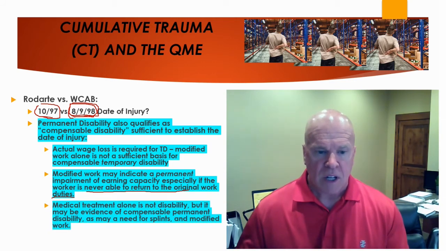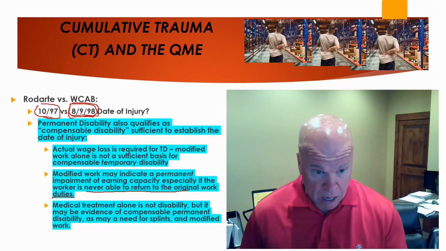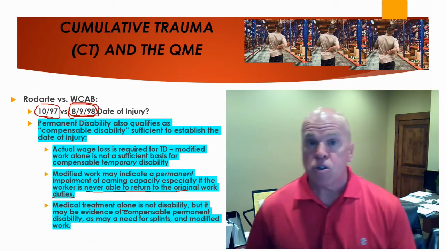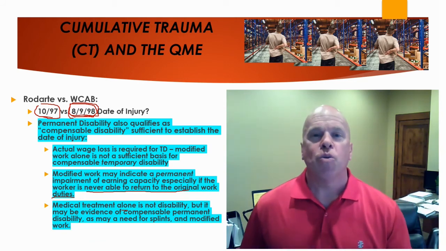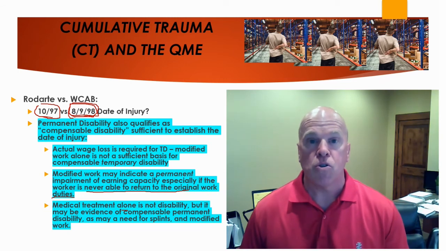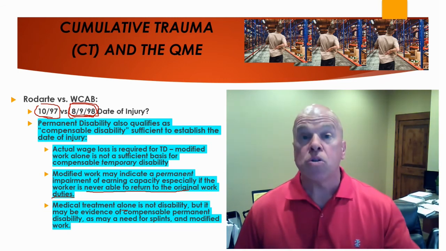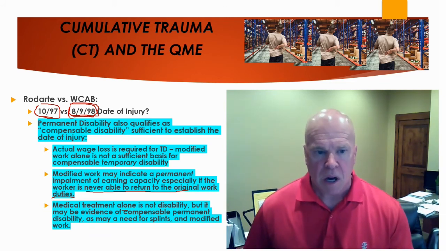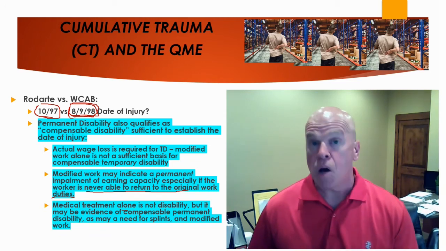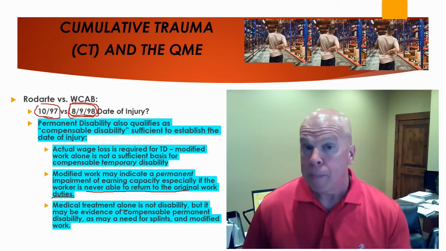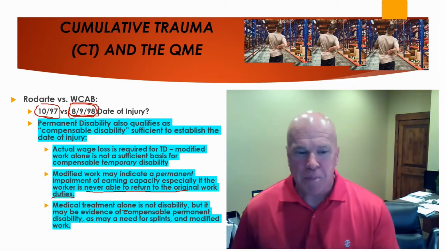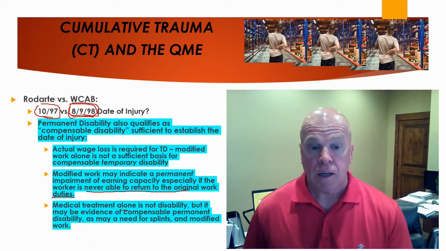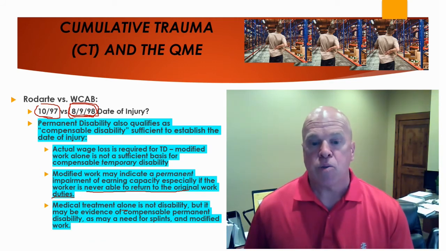5412. They further went on to say that medical treatment, like modified work, medical treatment alone is not disability. And this is in contradiction to what we found with Wagner and the Wright cases, where the need for medical treatment was sufficient to establish the disability. But in this case, the WCAB concluded that medical treatment alone is not disability, but